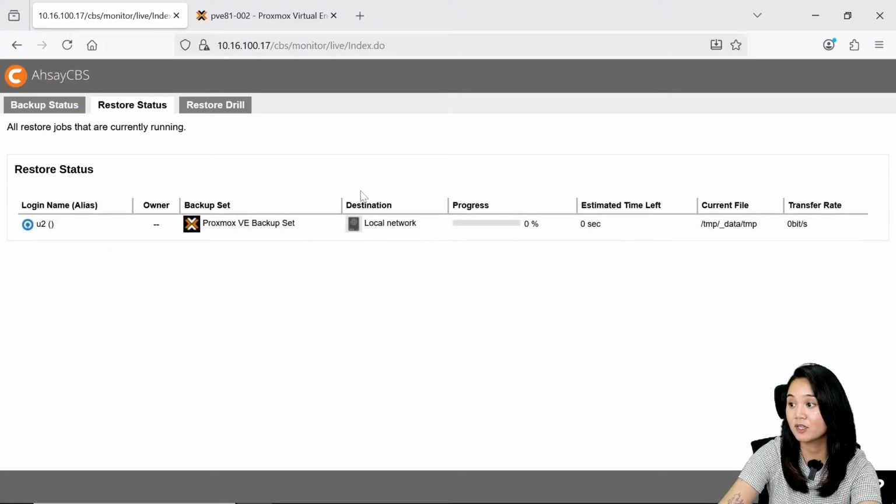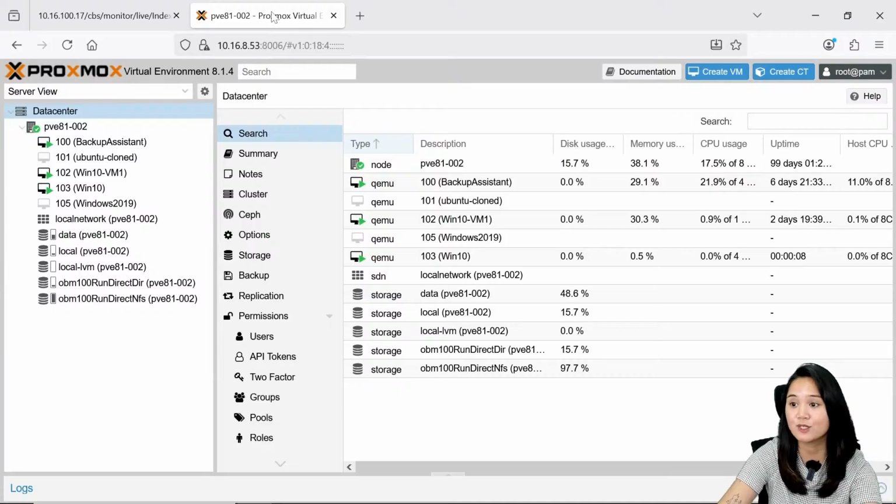So as we can see, the restore job progress for the VM that we have selected earlier has just appeared. As mentioned, with Run Direct, end users may access the VM even while the restore job is ongoing. So let's go to the Proxmox server where you restored the VM to. You will immediately see the selected restored VM powered on, indicated with a green icon right here. So when you click on it,